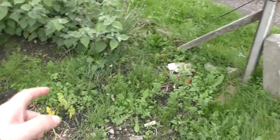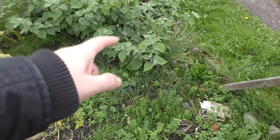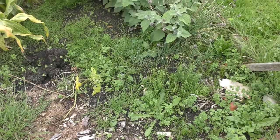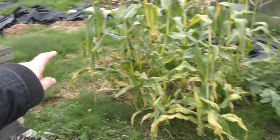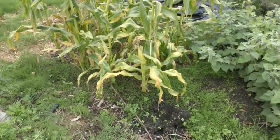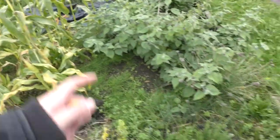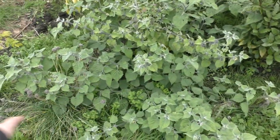Again, another nice collection of weeds here. This is vaguely a herb garden. There's some chives there that you can see have self-seeded, and a rosemary bush. I didn't plant any potatoes this year, to be fair, because all this area around here had potatoes in last year, and I didn't want to plant them in it again because they had all sorts of problems with wireworm and everything else. But as I say, I've got a couple of herbs there. They just need a bit of thinning and tidying because the chives have seeded, and there's lots and lots of chive plants. So I want to put chives all down the edge here because I figure, again, they'll make a really nice